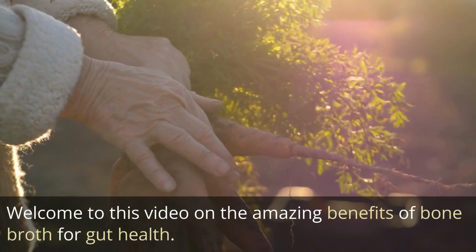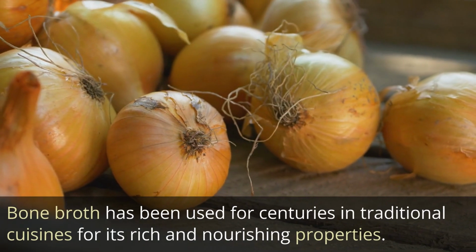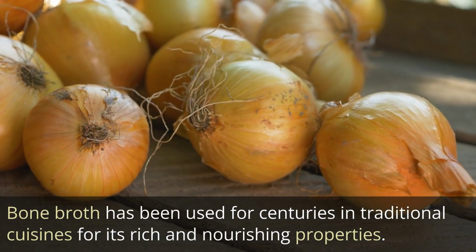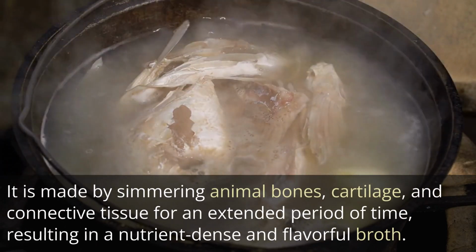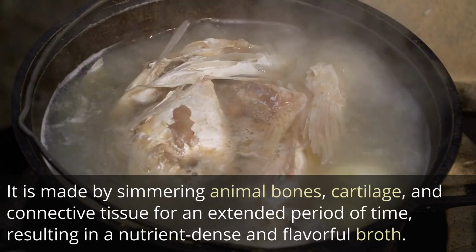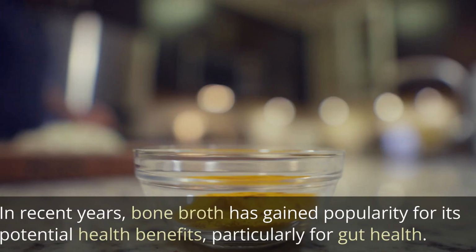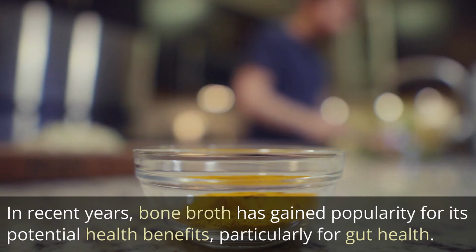Welcome to this video on the amazing benefits of bone broth for gut health. Bone broth has been used for centuries in traditional cuisines for its rich and nourishing properties. It is made by simmering animal bones, cartilage, and connective tissue for an extended period of time, resulting in a nutrient-dense and flavorful broth. In recent years, bone broth has gained popularity for its potential health benefits, particularly for gut